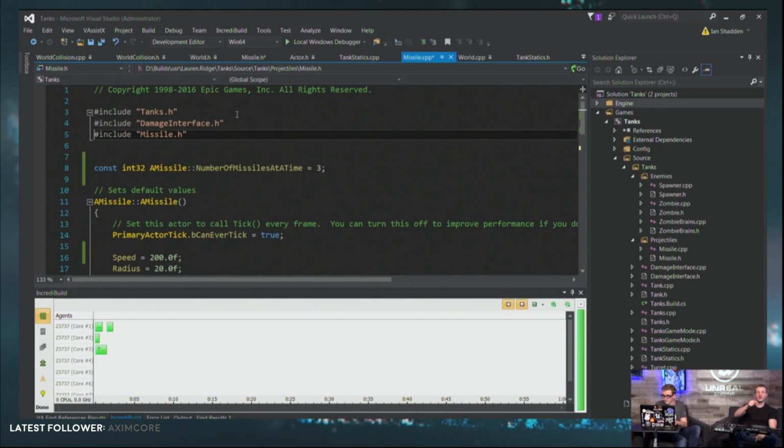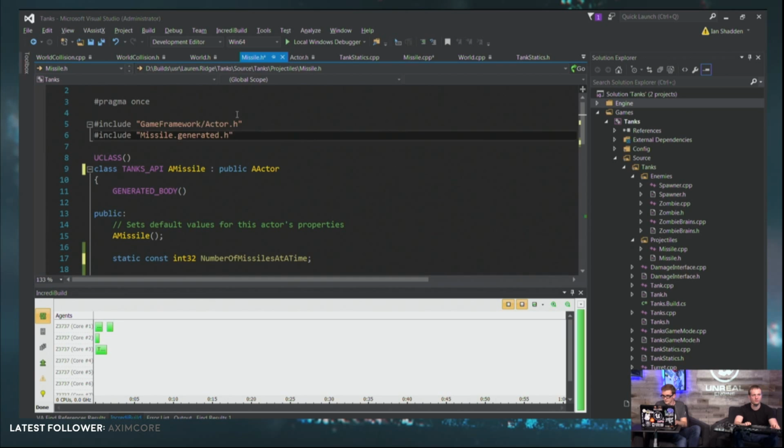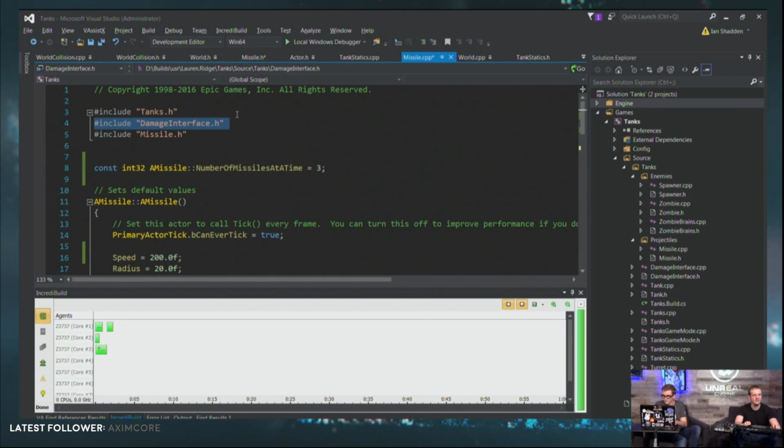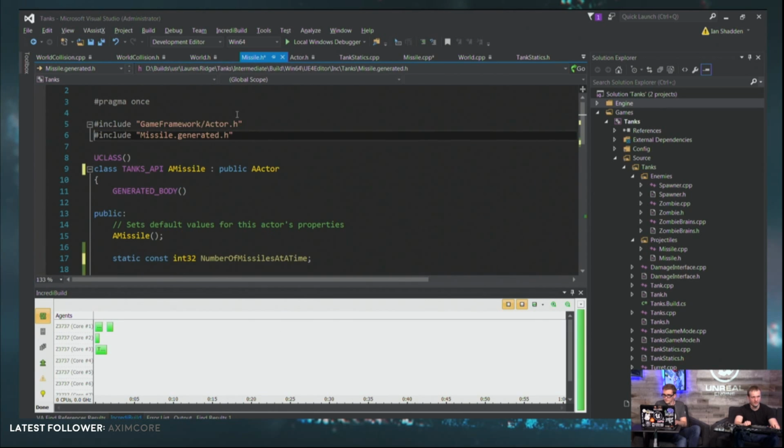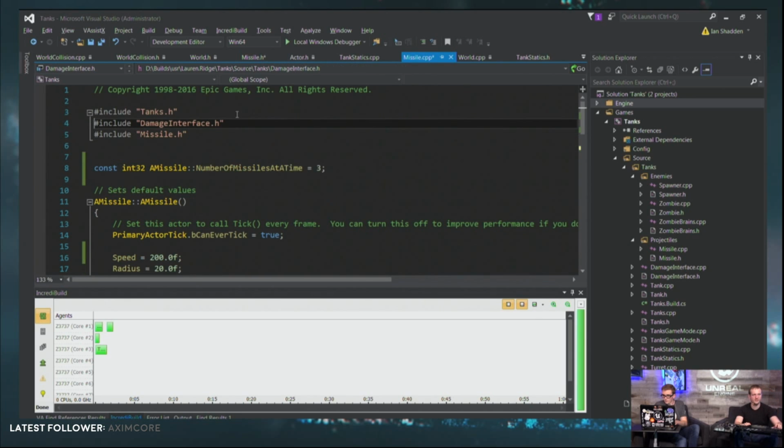If you include an H file inside another H file that you didn't really need, like if I just, instead of putting this here, let's say I put it like here instead, that would mean that everything that includes missile.h also includes damage interface.h and tanks.h, which they might not need. So put as many includes in the CPP file as you can, because things in the H file might be included by multiple CPP files, and thus you're going to hit that multiple times. So that's one of the best things you can do right there, is clean up your include H files, include the bare minimum you need, and put everything you can in the CPP file so it's not included by multiple other CPP files.